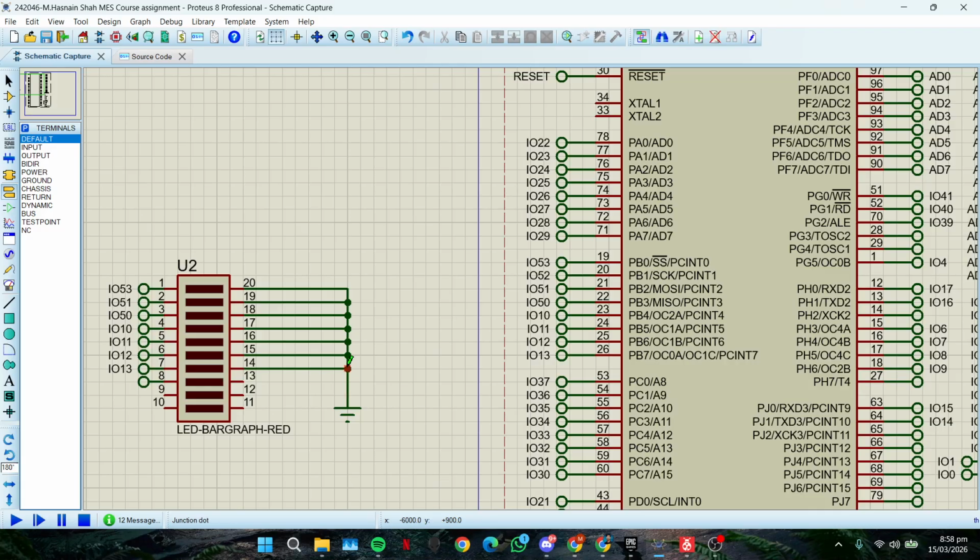Now, LSB to MSB: PB0 represents the least significant bit, which is the top LED, which is IO53, where you can see here is IO53, and PB7 is the most significant bit, which is the bottom LED. In this case it is IO13. Where is IO13? So yeah, it is PB7. Now let's